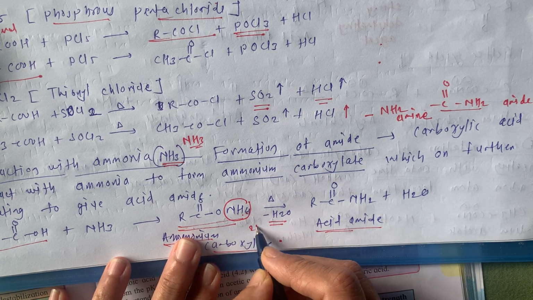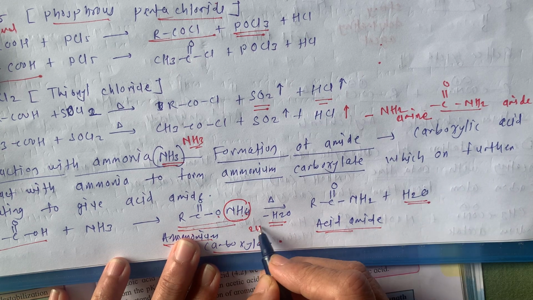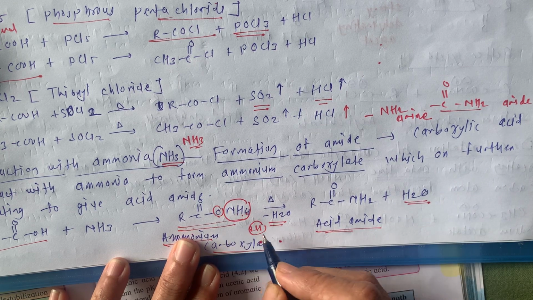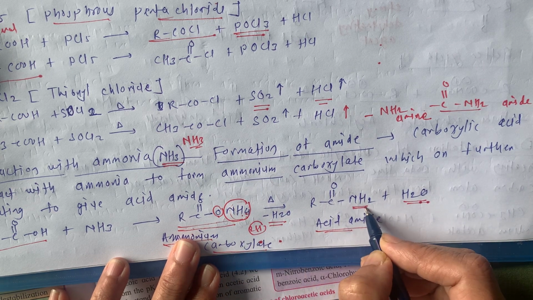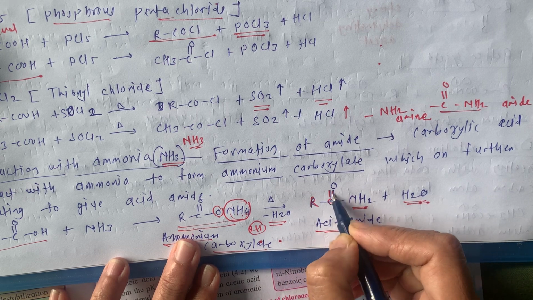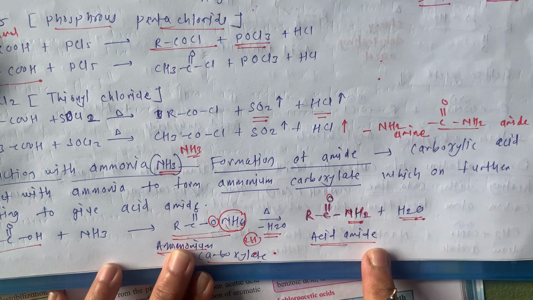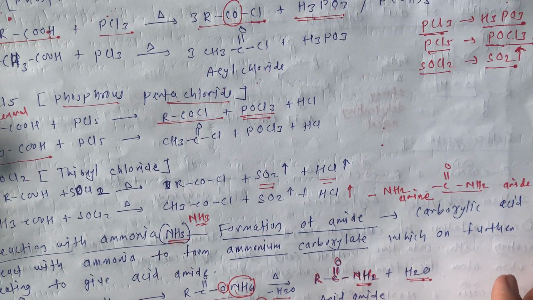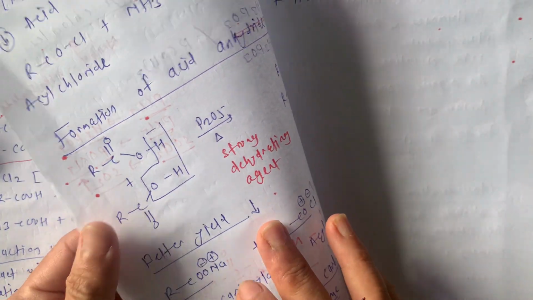from this NH4, 2 hydrogens and this oxygen are going to form H2O here, and the remaining NH2 is here. Here it is the formation of RC double bond O NH2, and this is our acid amide. Okay, so